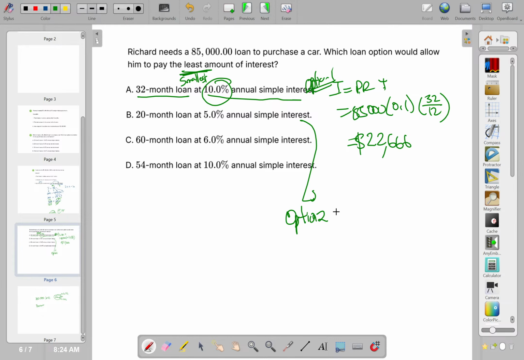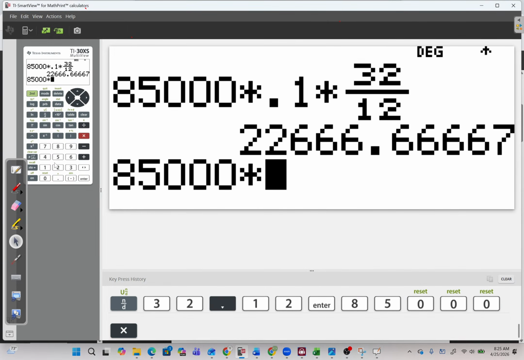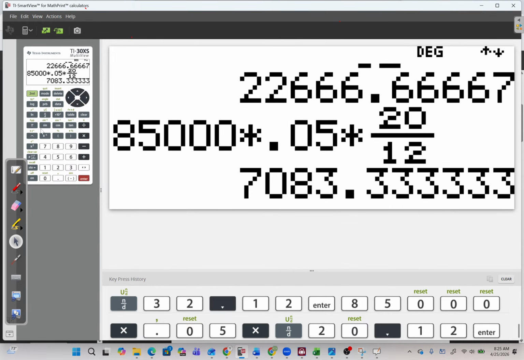Option number 2 now. That's I equals PRT. Principal, 85,000. Rate is 0.05, that's 5% as a decimal. Time, 20 over 12. And then you go straight into it. So 85,000 times, what did I just say? 0.05 times 20 all over 12 gives me